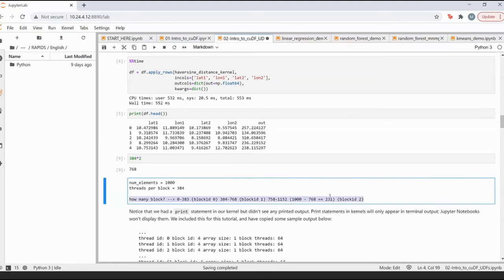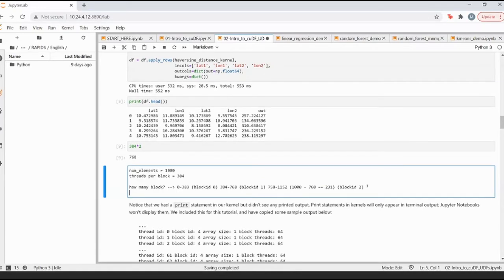That means that these thread IDs were not going from 0 to say 383 in one contiguous fashion. There were different blocks of values going in the range of 0 to 32, across these 383, right?